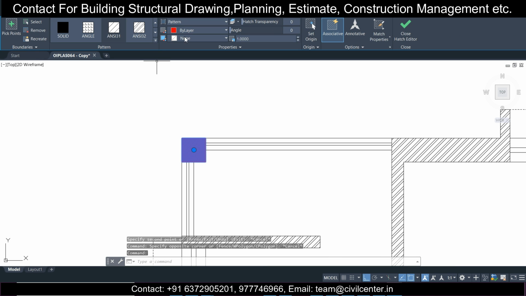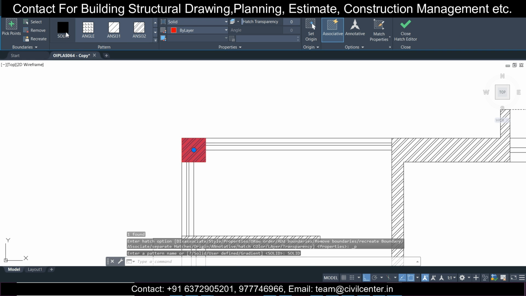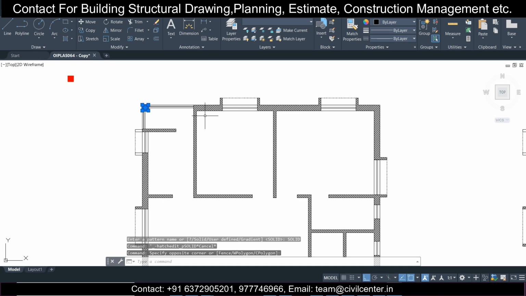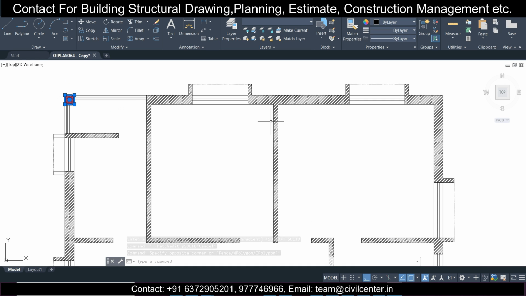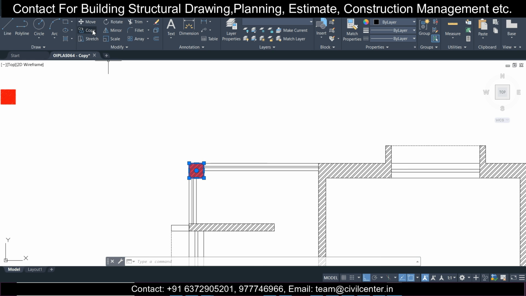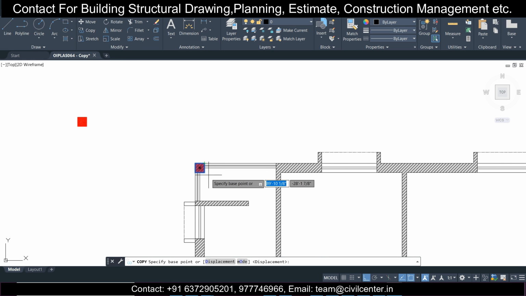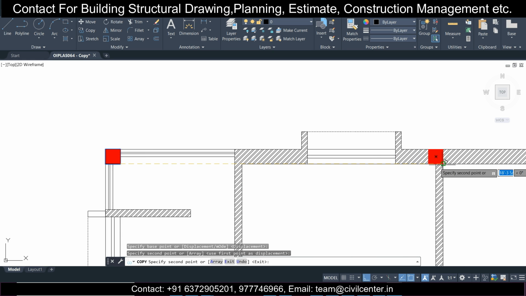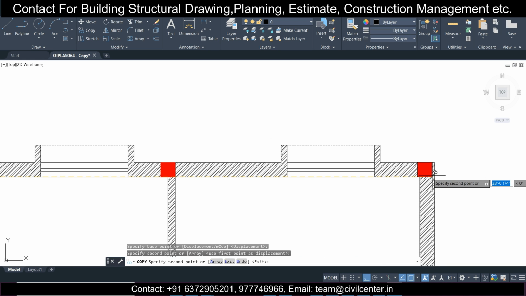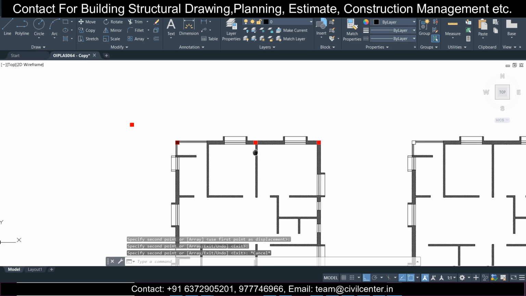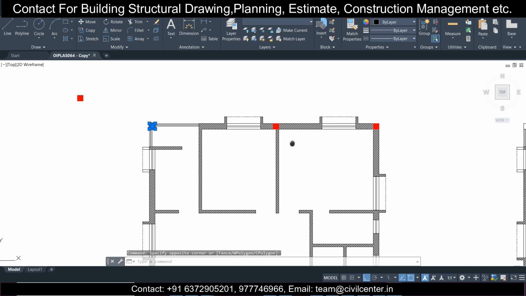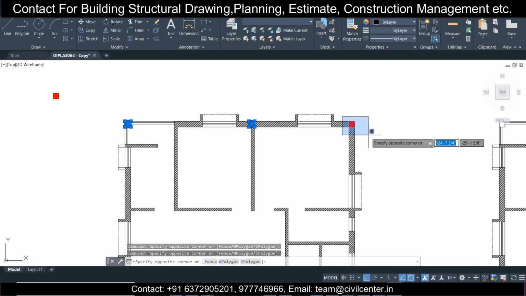So here, if you want, you can just go here, solid, and this by layer, so it's okay. Here we'll just see the other. We have already seen the distances, so we'll not discuss much about the distances here. One column we can give here in this particular portion, and another column we can give here, and after that let's give the same along this end. The door position can be shifted a little bit based on our column positions, so that shouldn't be a problem.